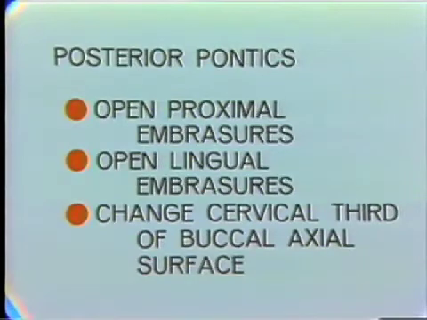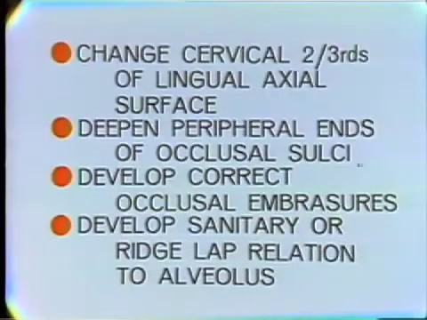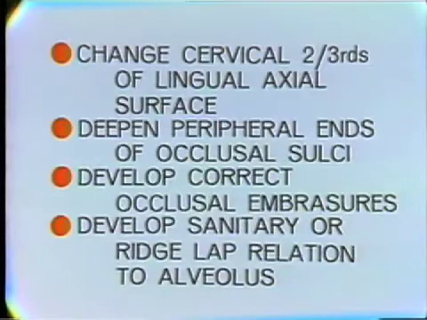First of all, the need to open the proximal embrasures and the lingual embrasures to give better access to the underlying soft tissue, the changes made in the cervical third of the buccal axial surface to develop the correct length of the tooth on the buccal surface, the changes made in the two-thirds of the lingual axial surface to open up the proximal and lingual embrasures, deepening of the peripheral ends of the occlusal sulci